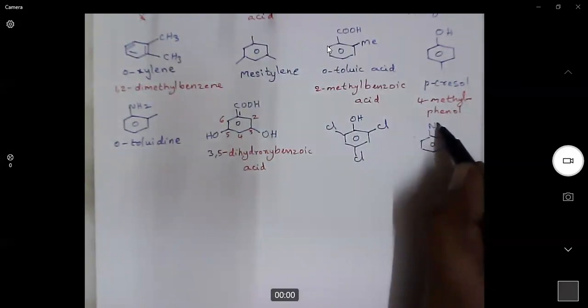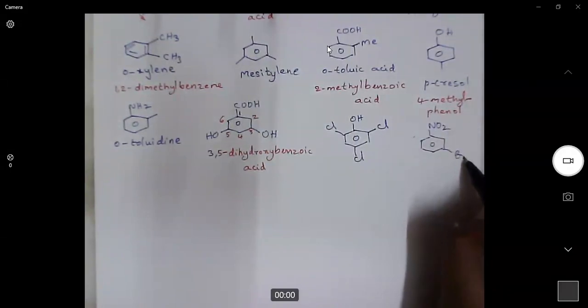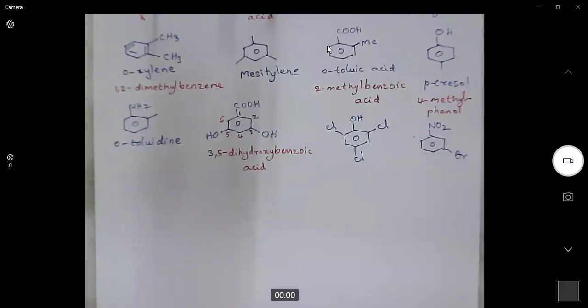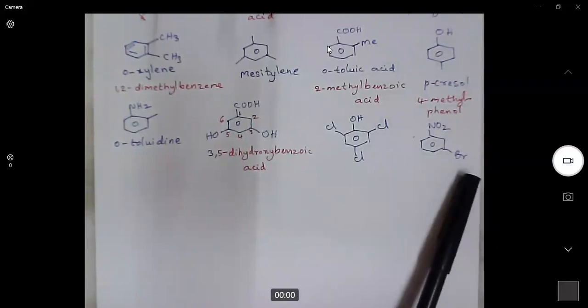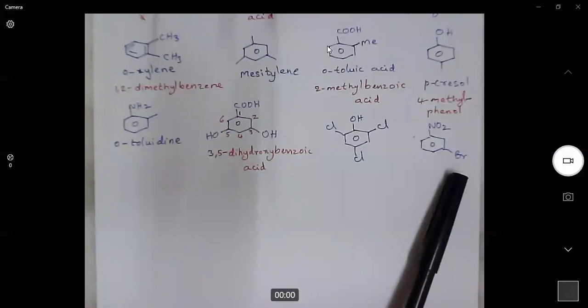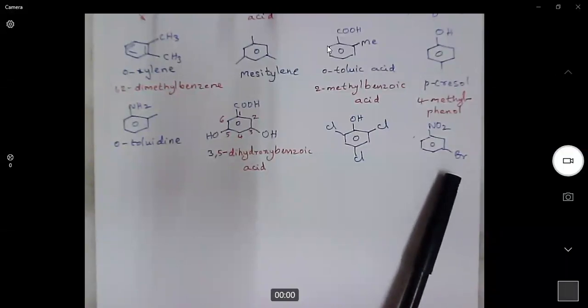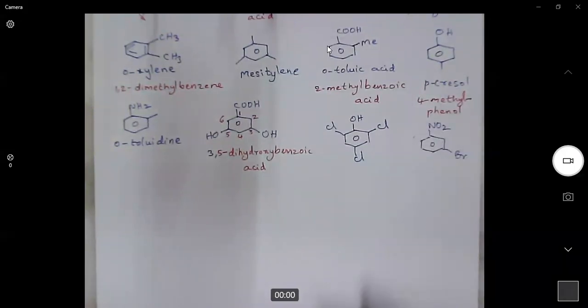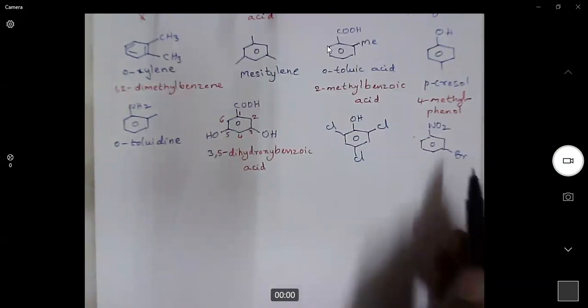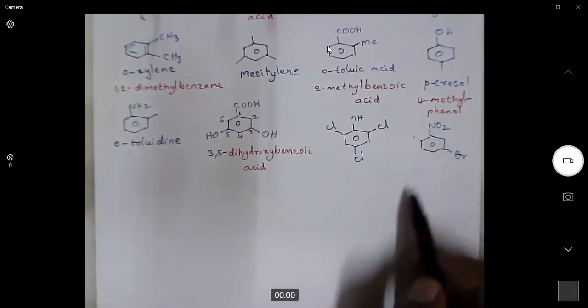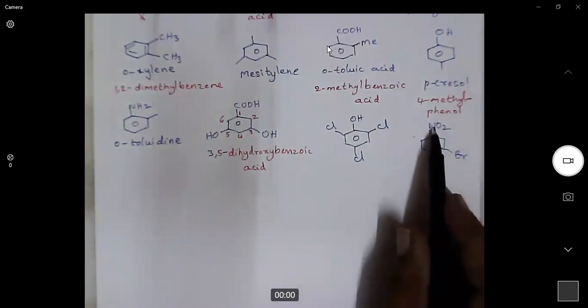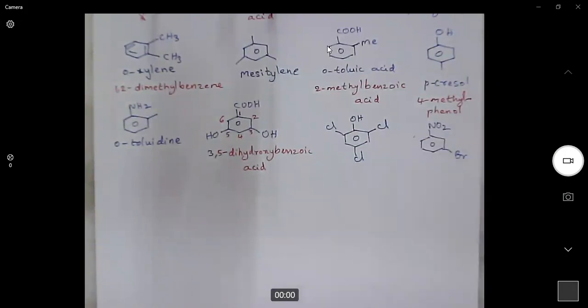Similarly, nitro group also doesn't have any priority. Now, in this case, bromine, which is also a halogen, doesn't have any priority. Nitro group also doesn't have any priority. So what is the nomenclature? Here, these two, nitro and bromo, are just substituents. And when we want to arrange the substituents, they must be arranged in alphabetical order. Nitro starts with N, bromo starts with B. So bromo will get first priority in naming.